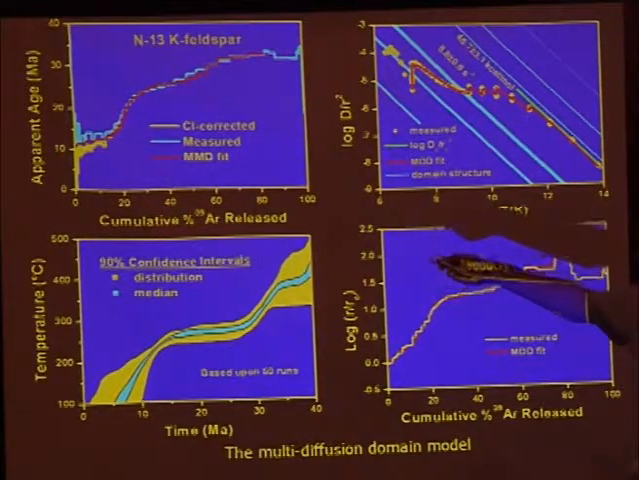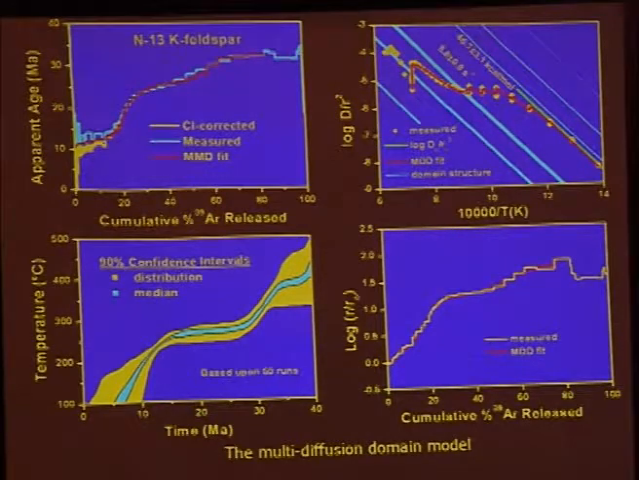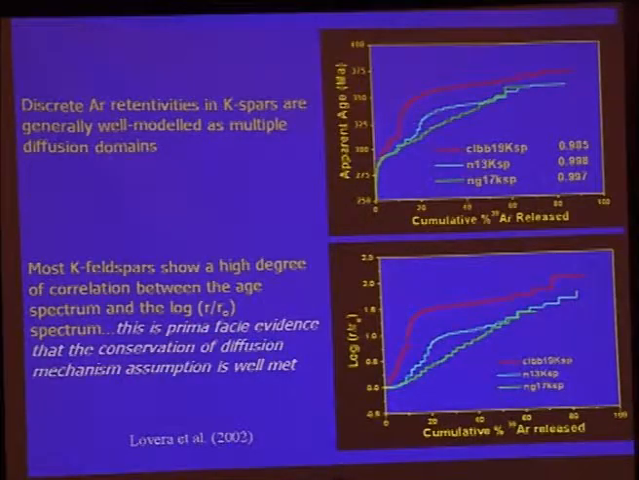This reflects the distribution, the ingrowth of Argon-40 in the sample over tens of millions or maybe even hundreds of millions of years. I'm going to show you a few examples. Here are some models for a sample I just showed you, NG13. Here's the age spectrum, and your eye can see these